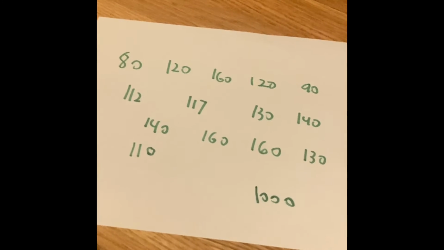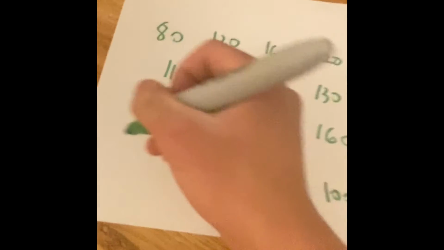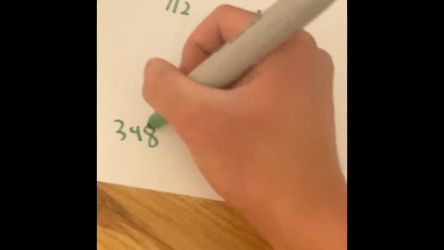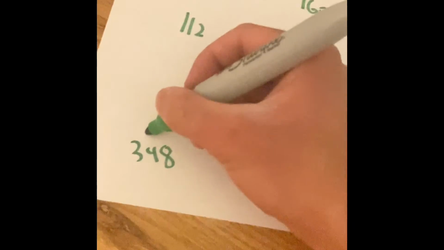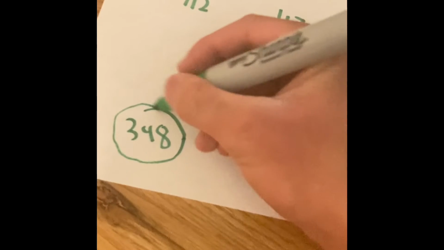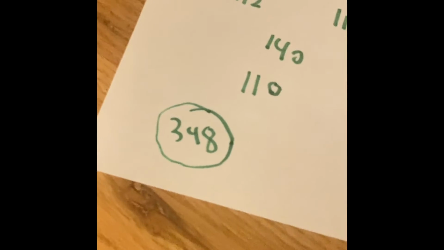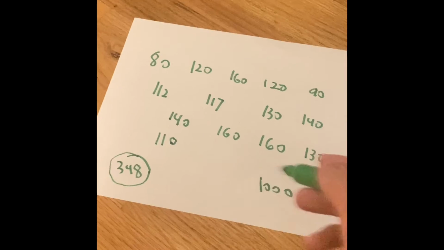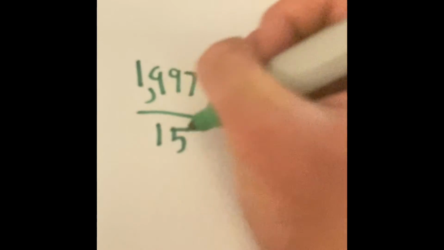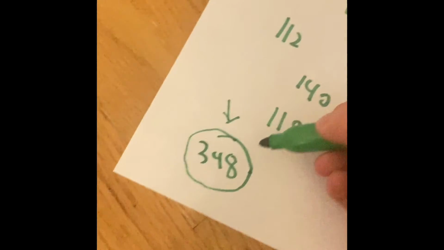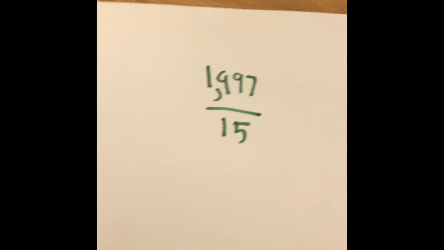So what we're going to be doing is adding an outlier of 348 because that is way beyond all these numbers here, and that's actually the world record for Tipping Point Skills Challenge. So when we add up all those numbers, including 348 as our outlier, we get an answer of 1,997, and when we divide by 15 numbers, because that 348 was added, we're gonna get an answer of